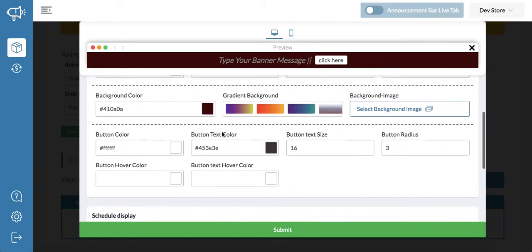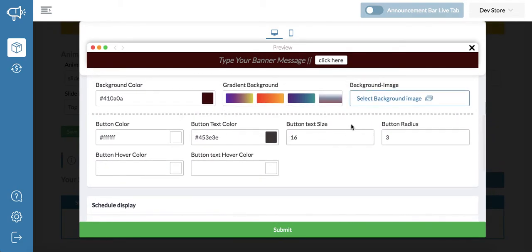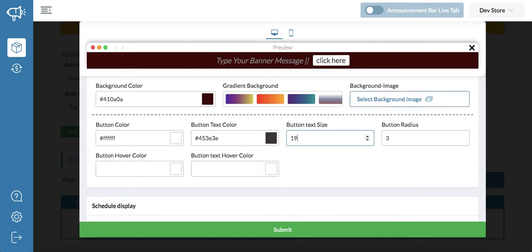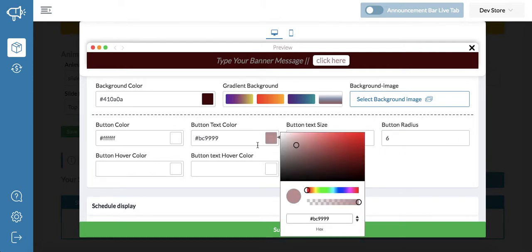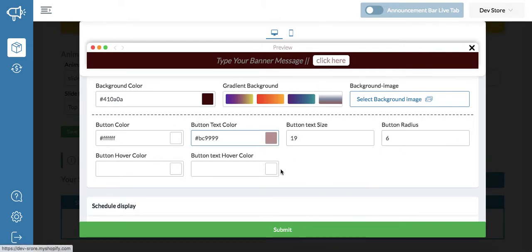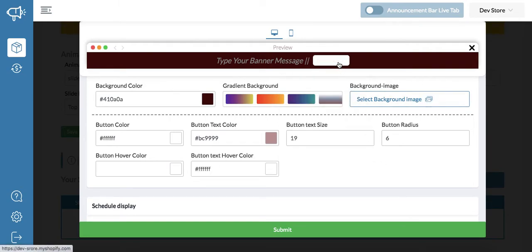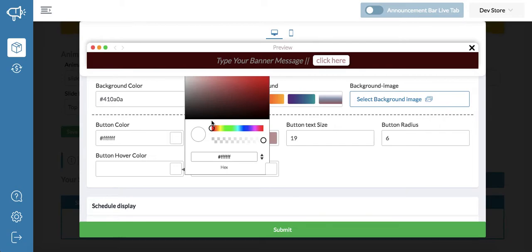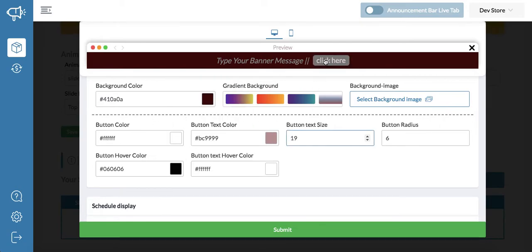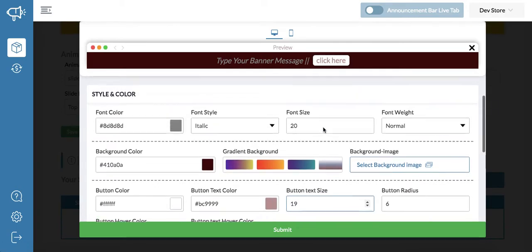You can change both. For this one you can also make all the changes. You can change everything from here: border radius, the background color of the button, and the hover color of the button. Let's say if you are hovering this to white, you see it's not matching, so we need to make it black or something, so it will look good.